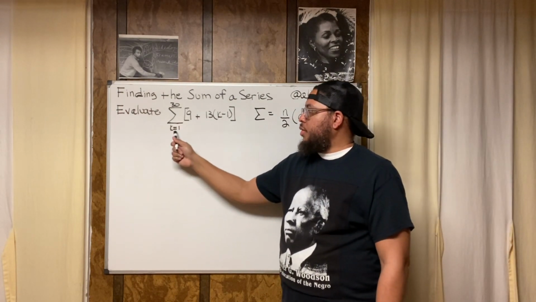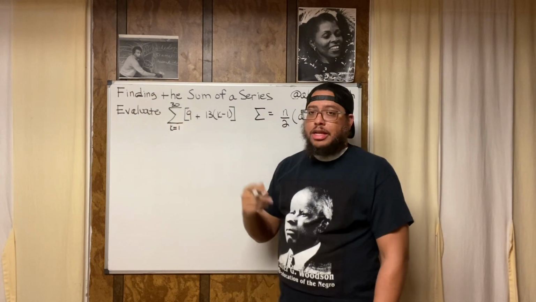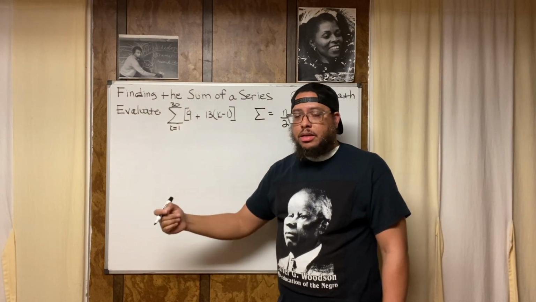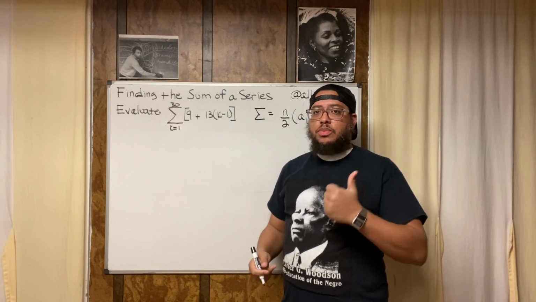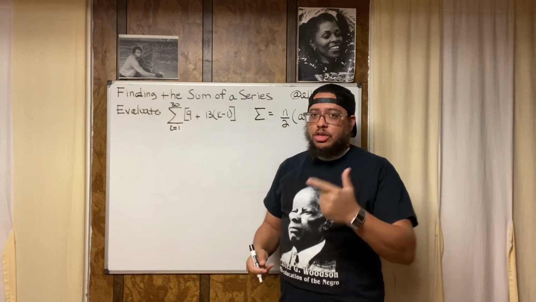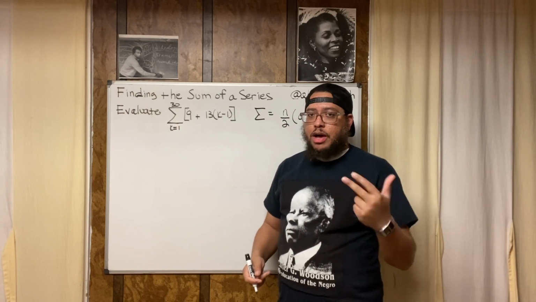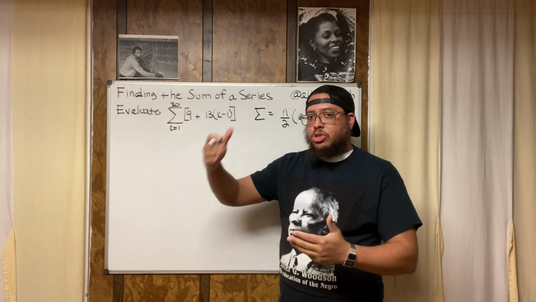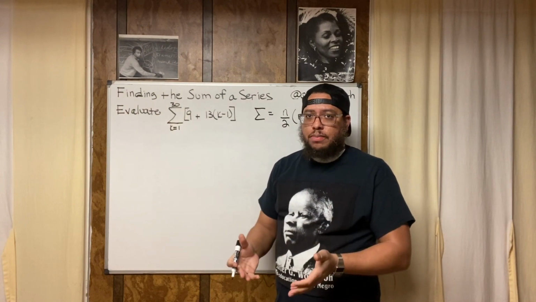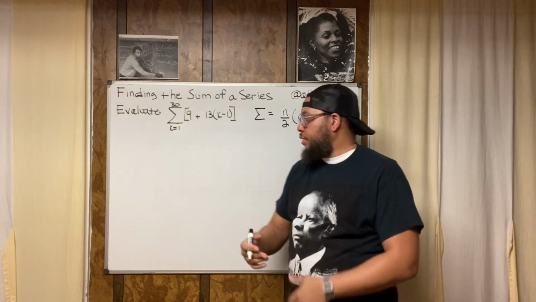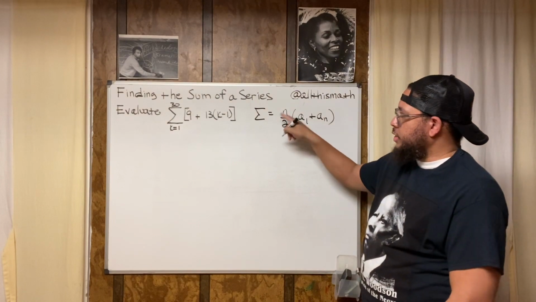So because we start at 1 and we go up to 30, that means we're going to have 30 numbers to add, because we're going to have the value we get when we plug 1 in, the value we get when we plug 2 in, the value we get when we plug 3 in, the value we get when we plug 4 in, and so on and so forth until you get up to 30. We would have 30 values that would have to be added together. So our N is 30.